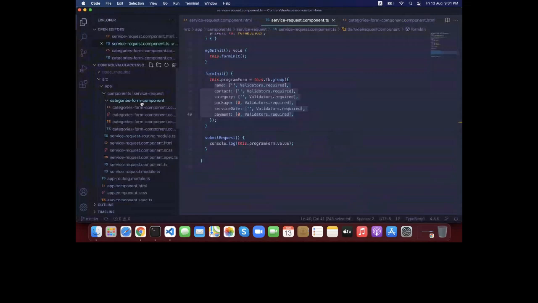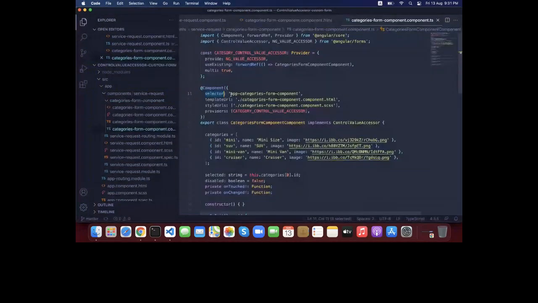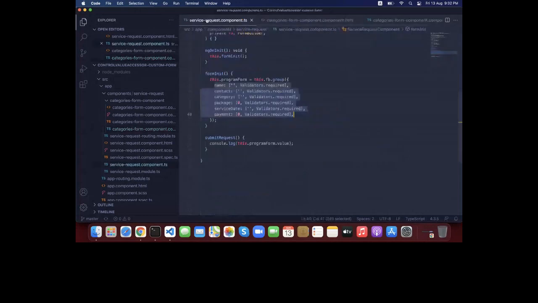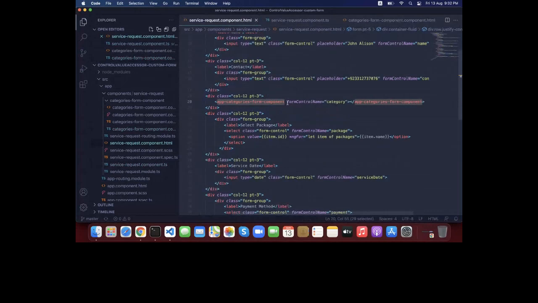You can find this selector inside the TypeScript file of your child component. When you open your child component, you can see its selector. With that selector you can create a tag, and with that tag you can use the component. If you are an Angular developer, you will have noticed that I didn't use any concepts here like the Input decorator and Output decorator. Rather than creating and emitting events from my child component to the parent component, and maintaining that kind of logic,